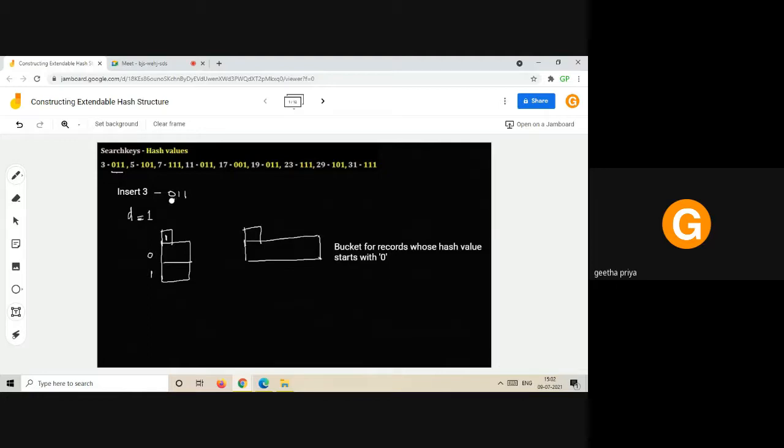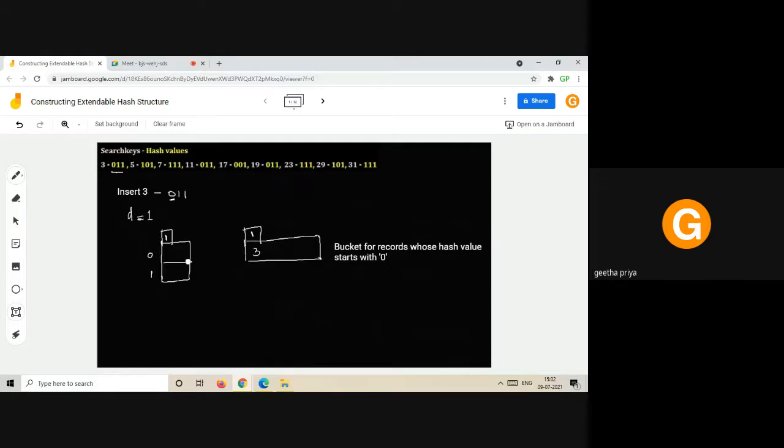This bucket can hold 3 records. The first record hash value starts with a 0, so 3 goes here, and the local depth is 1, since we have placed the record 3 into the bucket based on the higher order 1 bit.